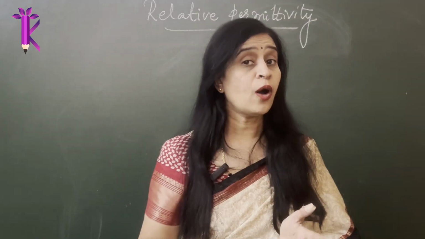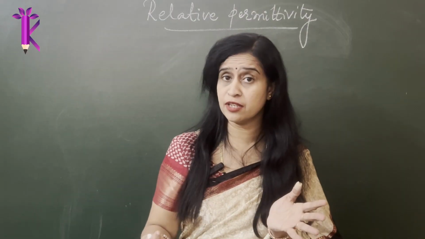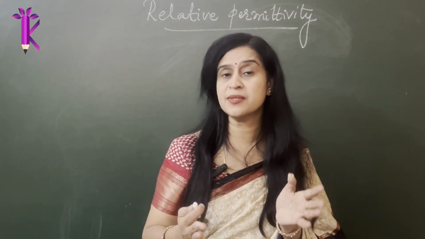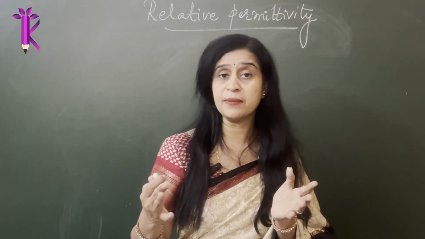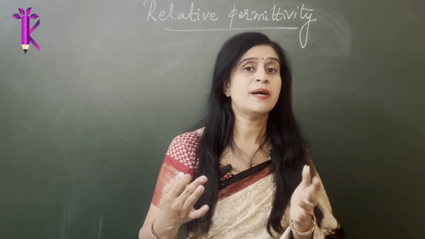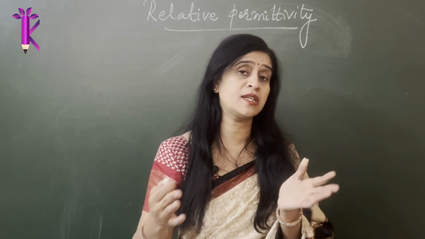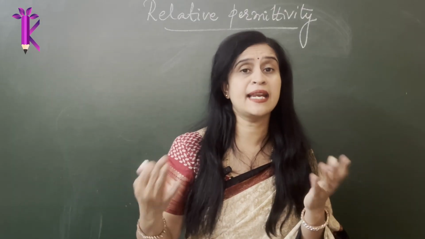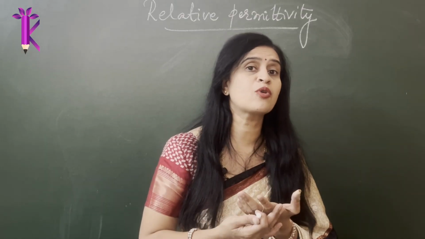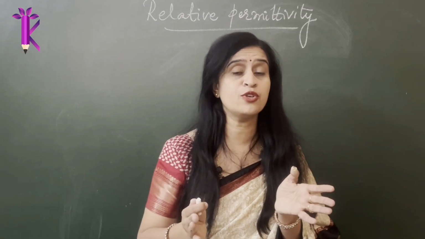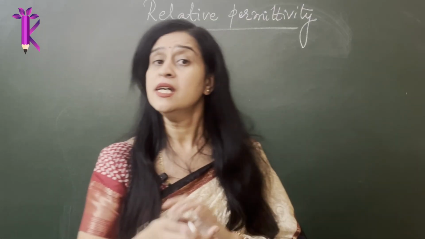Okay. So now it's time to define a term called relative permittivity, as we refer to it in physics. Why do we need this term? This term is really crucial because we know the permittivity of free space or vacuum, but you might not be able to remember the permittivity of a lot of other media like water, glass, plastic, wood. They could be placed in any medium. It ideally becomes really difficult to remember a lot of numbers. So we generally define a term called relative permittivity, and you do get a lot of numericals or MCQs on it in your board exams as well as your entrance exams.